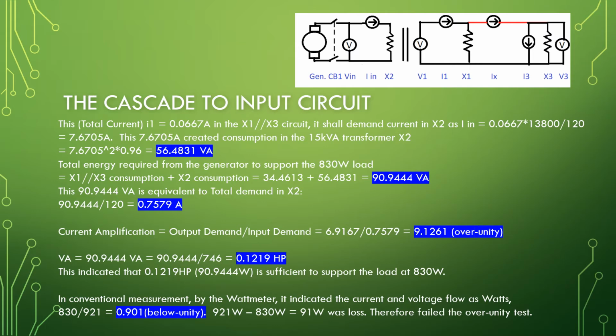Total energy required from the generator to support the 830 watt load equal to X1 parallel X3 consumption plus X2 consumption equal to 34.4613 plus 56.4831 equal to 90.9444 VA. This